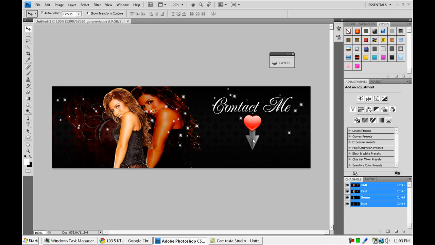Alright, so next what we're going to do is make a duplicate 2 times of it. So Control J, and there we go. Now we're going to press Control T to resize, and we're going to rotate it about like a negative. Cool. Now that we have our heart with the arrows pointing in 3 directions,